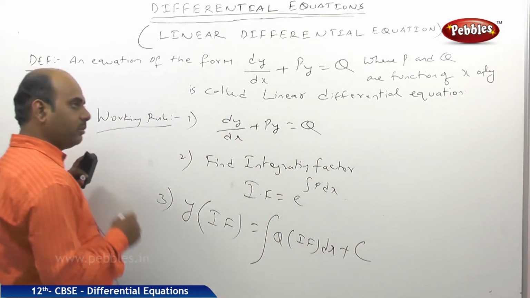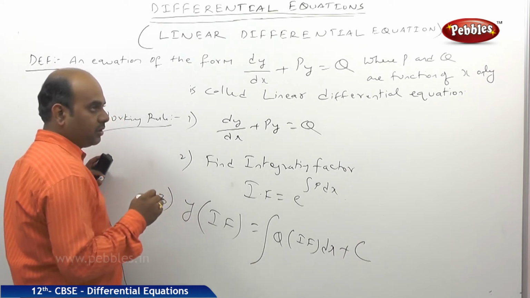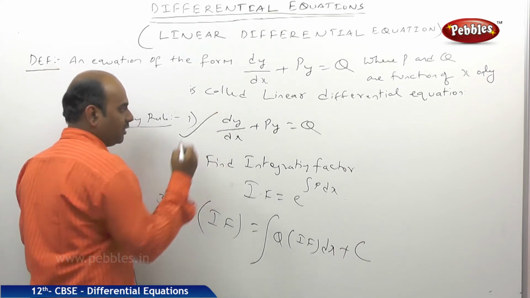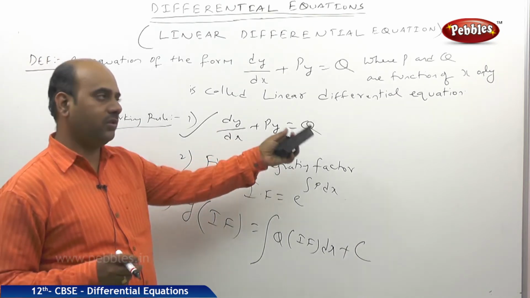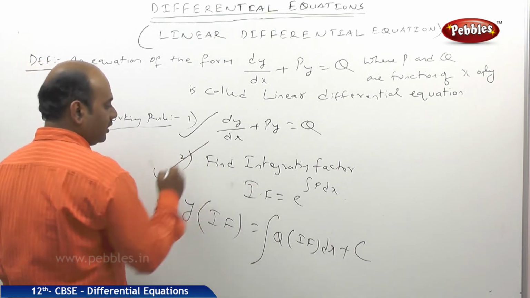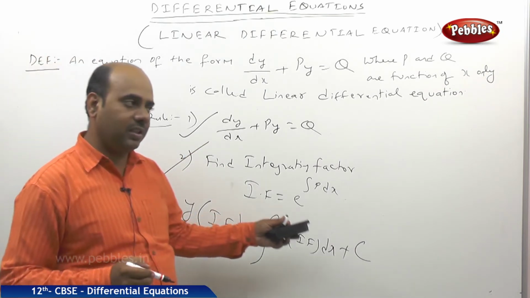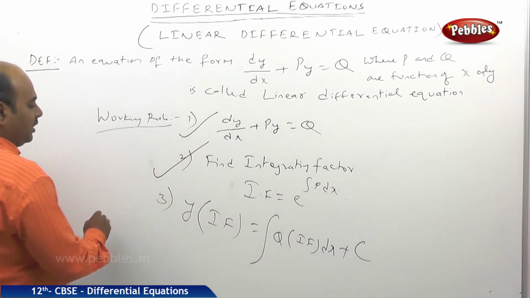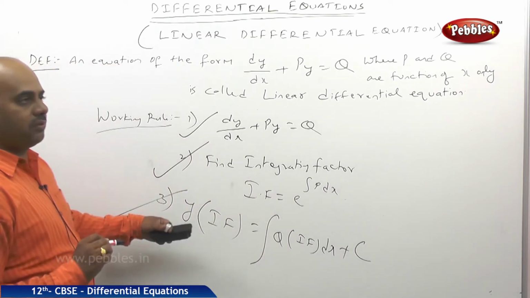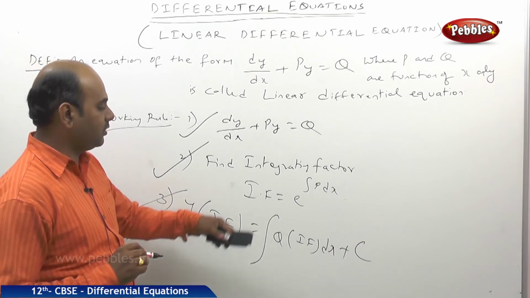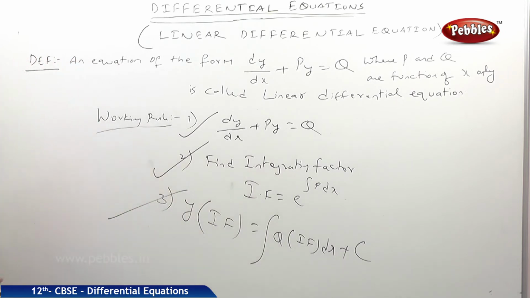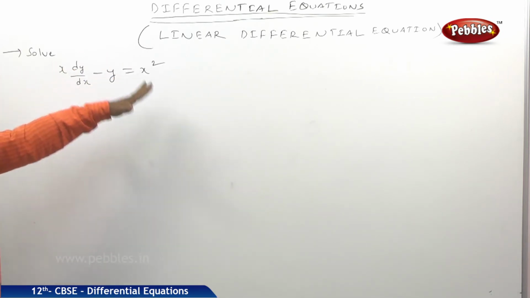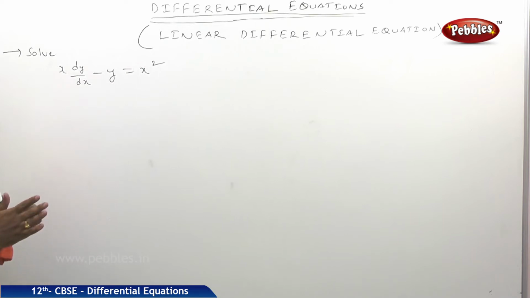So we need to remember 3 steps. If the differential equation is not linear, try to convert into linear so that it becomes of the form dy by dx plus py is equal to q. Later we need to find integrating factor. Integrating factor is e power integral of p dx, and finally in the formula we need to substitute. What is our formula? Y into integrating factor is equal to integral of q into integrating factor dx plus c. Now we shall start doing problems. Just now I said the procedure of solving linear differential equation. Now we shall do a problem.